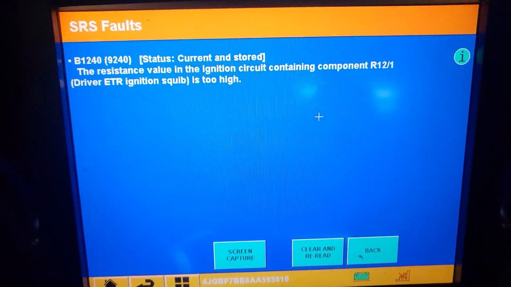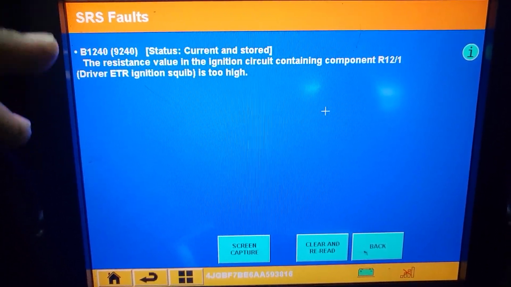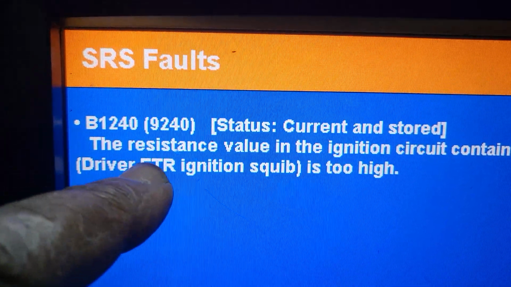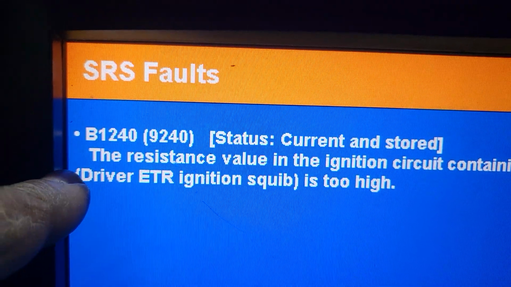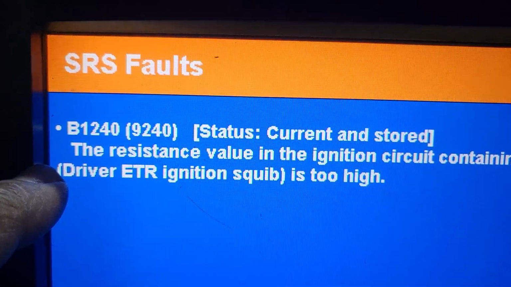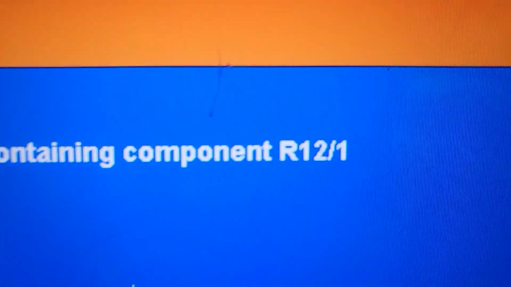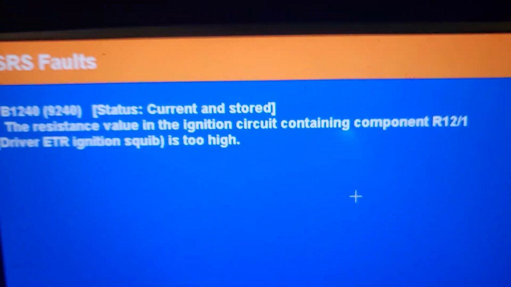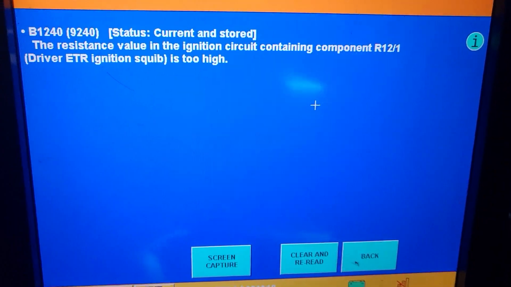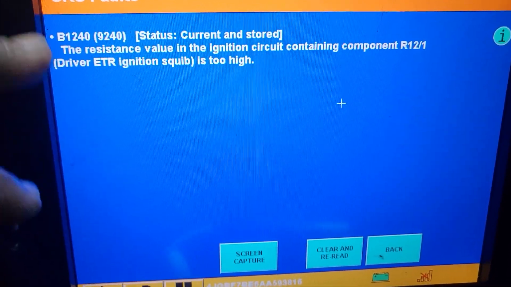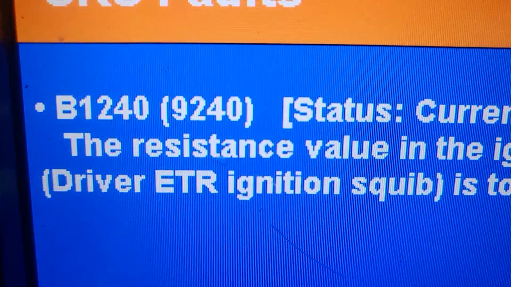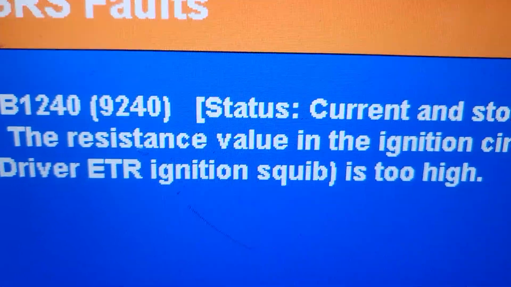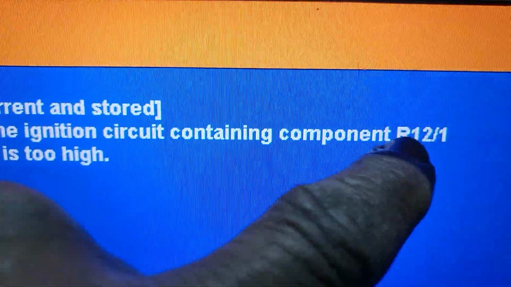read it, this one code: the resistance value in the ignition circuit containing component R. Now when you have a code like this, ignition skip, driver ETR ignition skip, what you need to do is go and write down R12-1/1. It tells you exactly what part that is, and the code is here too. Hold on. In order for you to know what exactly, you're going to take this code B1240,